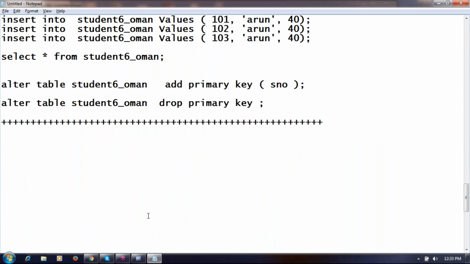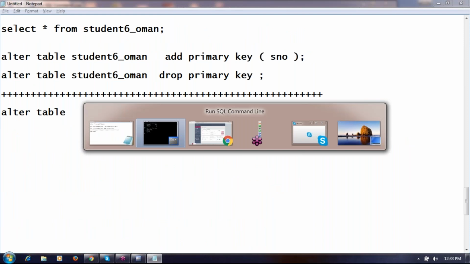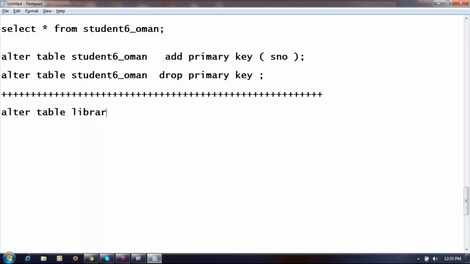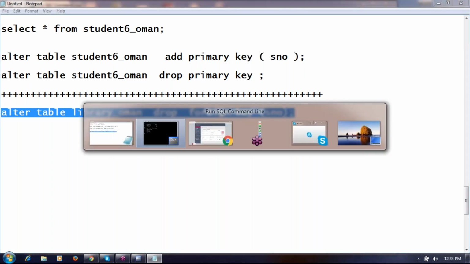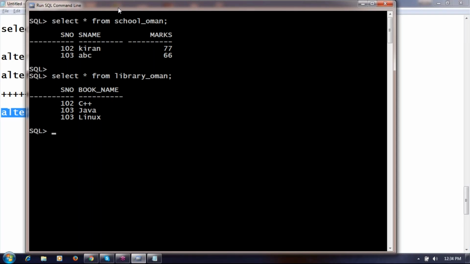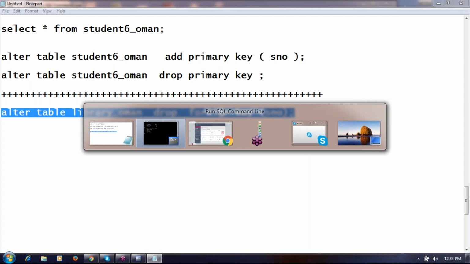Alter table library_Oman drop. What constraint do you need to drop? Foreign key. Which column? While creating, we used references, but to drop, we have to use foreign key.